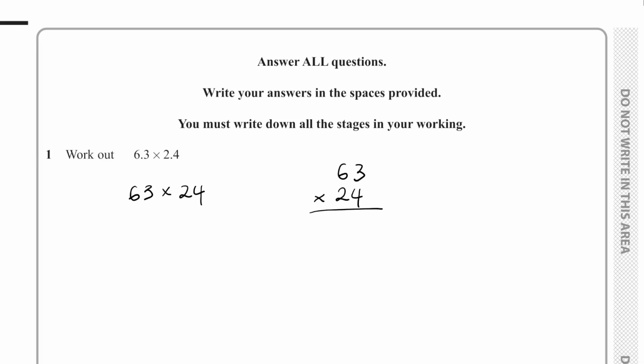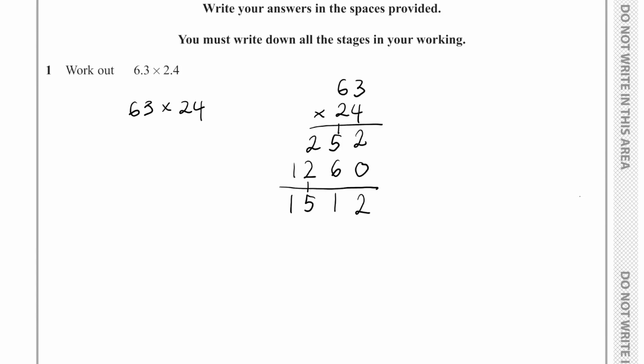So 4 times 63, 4 3s are 12, 4 6s are 24, add on the 1 makes 25. And then 20 times 63, 2 3s are 6, 2 6s are 12. Add together the 4 63s and the 20 63s, we get 1,512. So 63 times 24 is